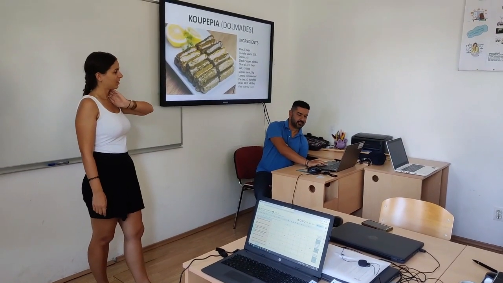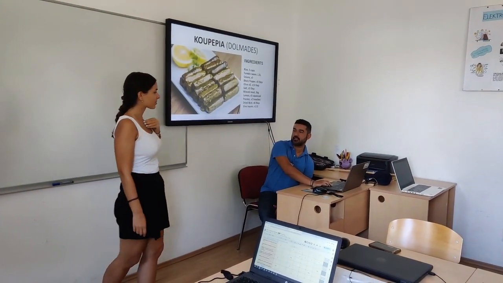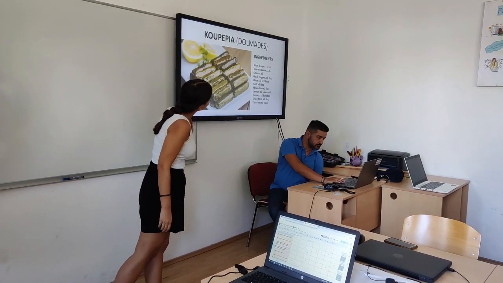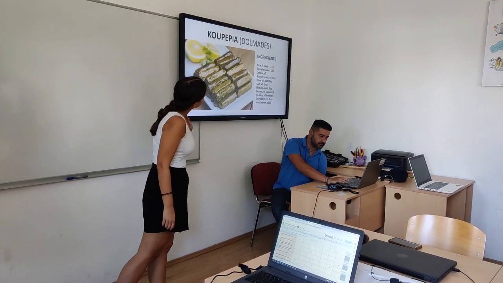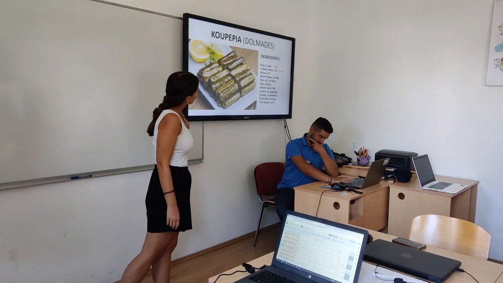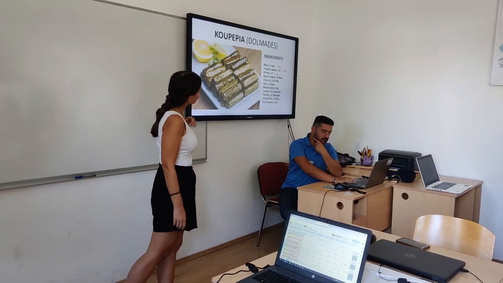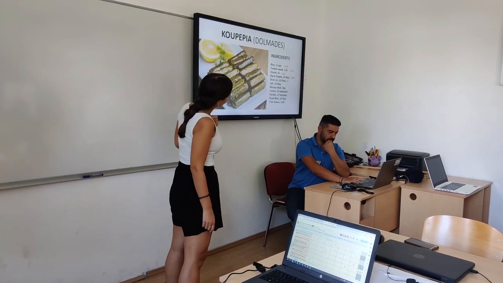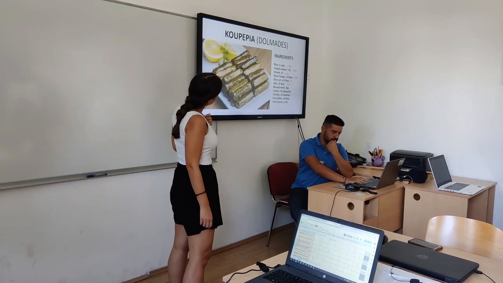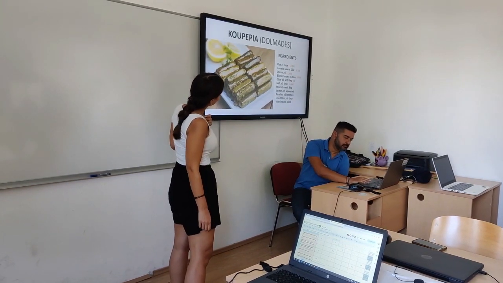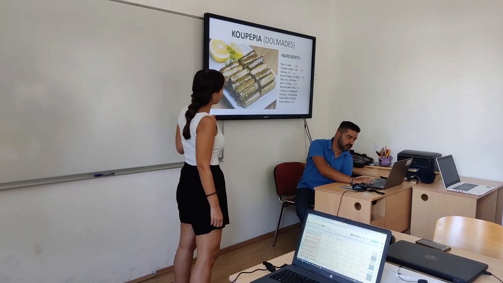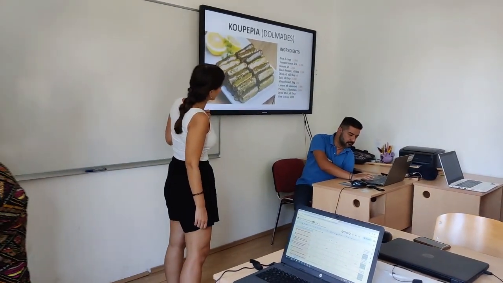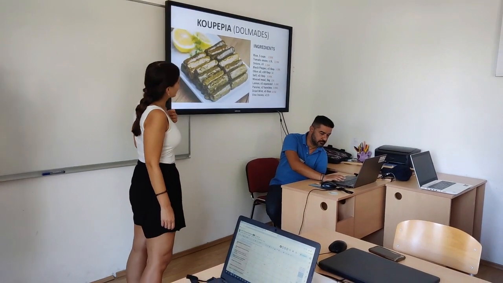Let's go see the prices. So $2.99 for the rice, $2.70 for the tomato sauce, $1.35 for the onions, $1.50 for the black pepper, €4 for the olive oil, 49 cents for the salt, 27 euros for the pork, 2.30 for the lemons, 80 cents for the parsley, 95 cents for the mint, and okay, this is